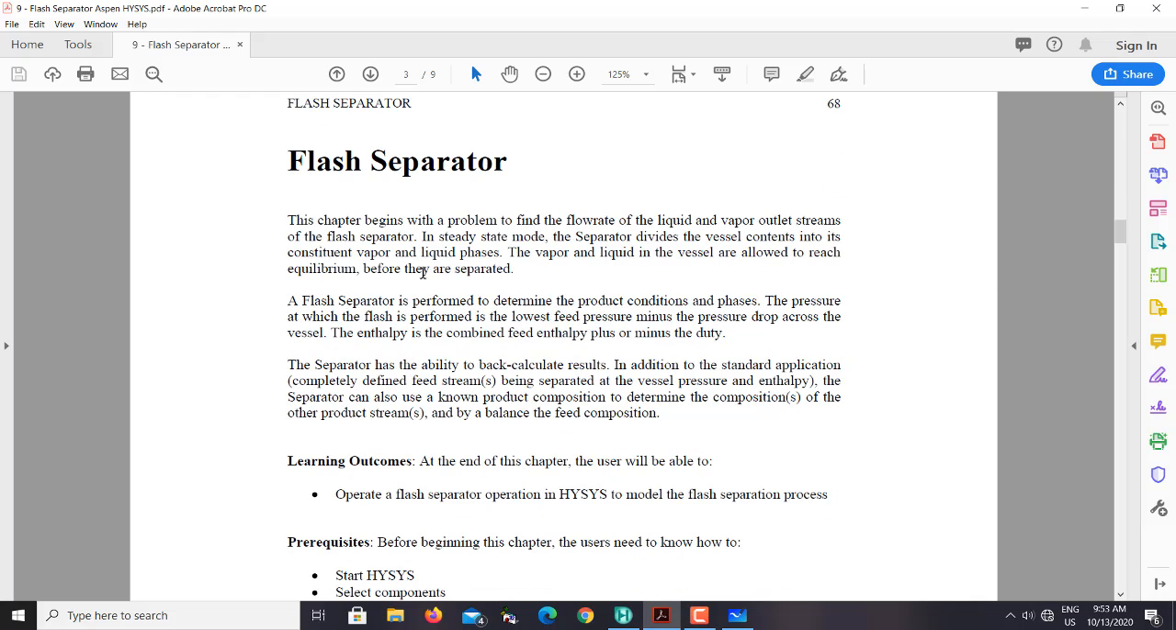So this chapter begins with the problem to find the flow rate of the liquid and vapor outlet streams. What we are going to find out is the flow rate of the liquid stream which is coming out at the bottom of the flash separator, and the vapor outlet stream which is coming from the top of the flash separator. Okay, in steady state mode, obviously we are working in steady state mode in Aspen HYSYS, but